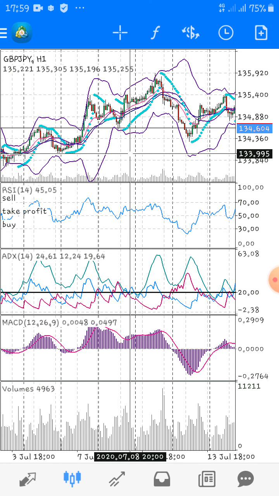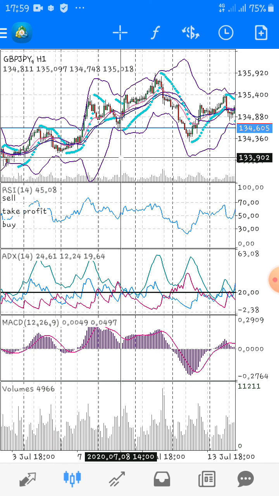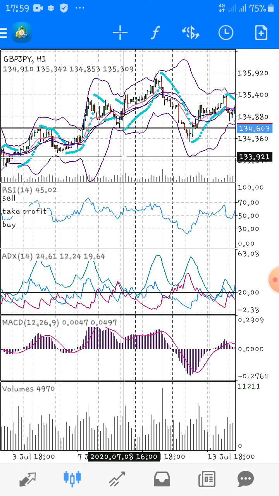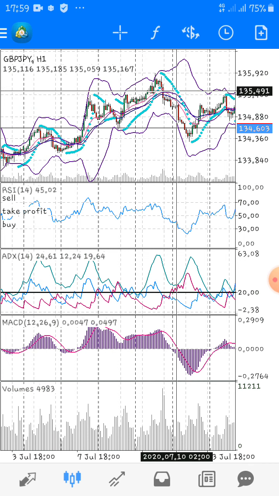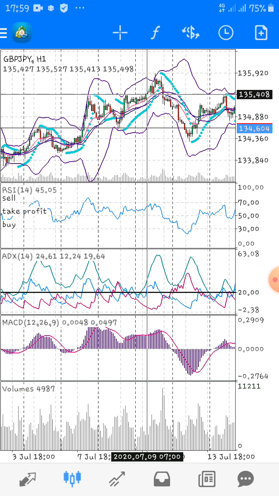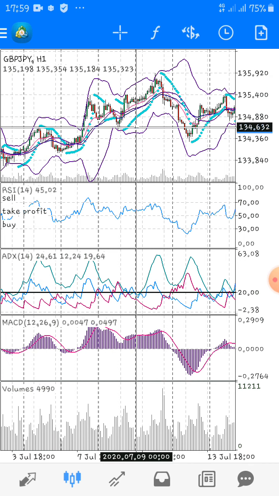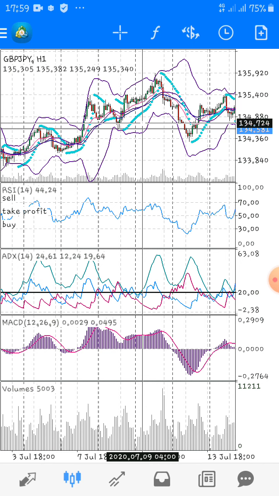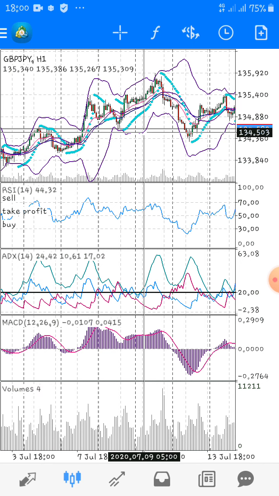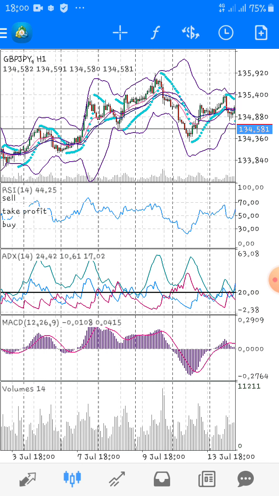For example, let us look at this place. This is it. The price touches the channel and it moves upward, up to this place. So you can just enter from here, from the confirmation of the second candle here, then put your stop loss below the candle. That's one example.